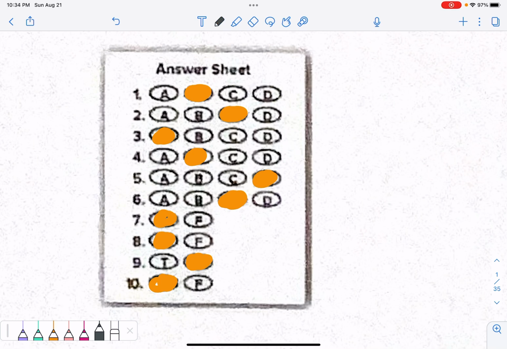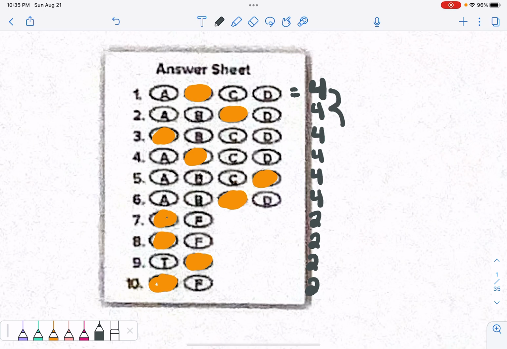So when we're doing this, we look at how many different choices I have, right? So number 1 has 4 different options. Same thing for number 2 and number 3 and number 4 and number 5 and number 6. They each have 4 different options, right? And then 7, 8, 9, and 10, they each have 2 different options, right? Okay, so I would do 4 times 4 times 4 times 4 times 4 times 4 times 2 times